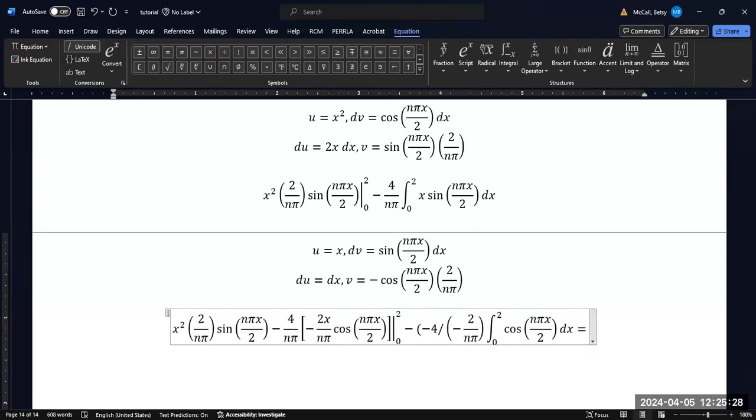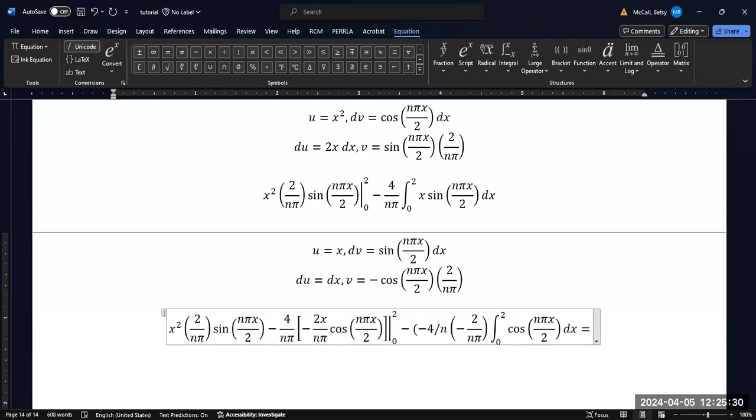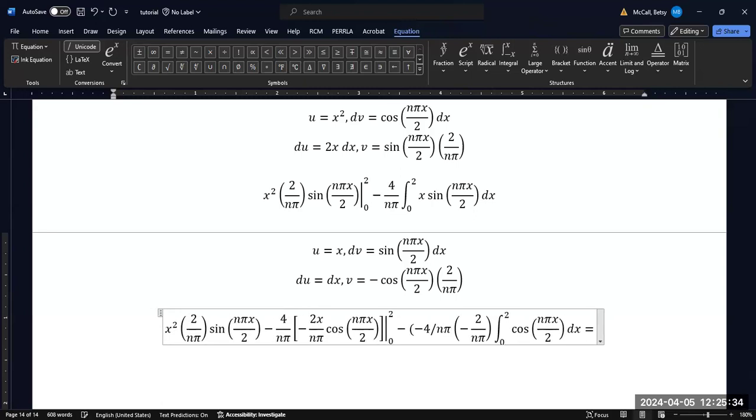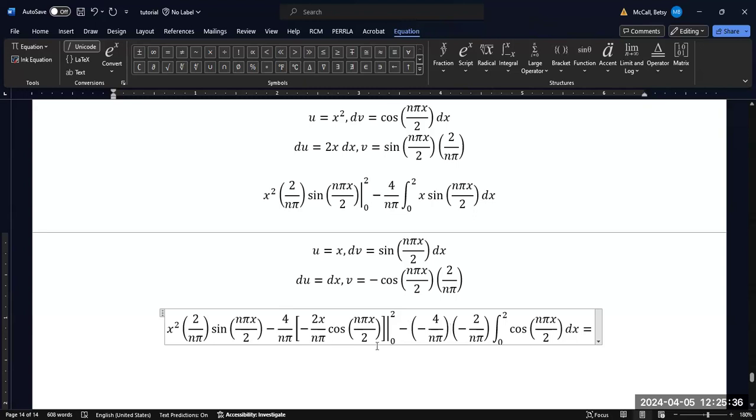Negative 4 over n pi. So this negative 4 over n pi, remember, it applied to this entire integral. So it applies to this part that we've evaluated. It also applies to the second part that we haven't finished evaluating. So in this particular case, we're going to end up with